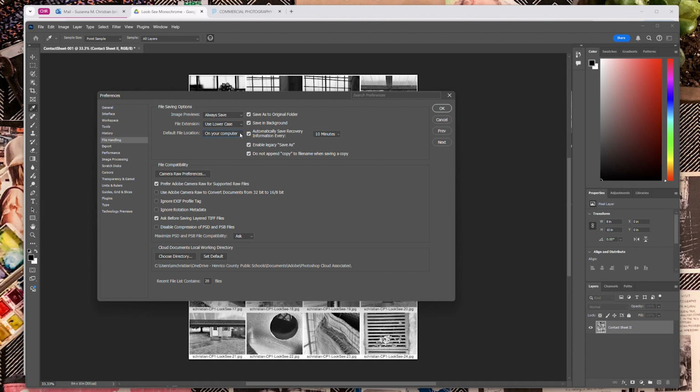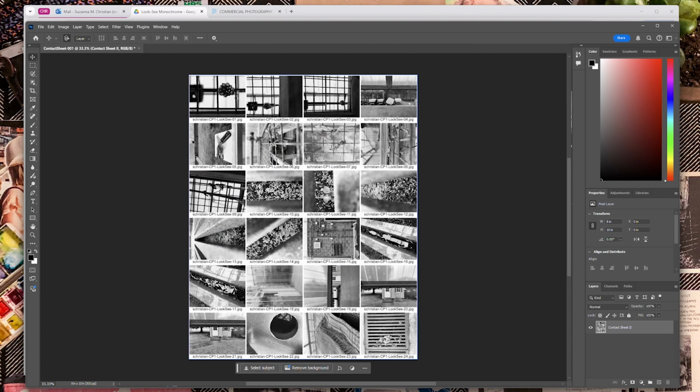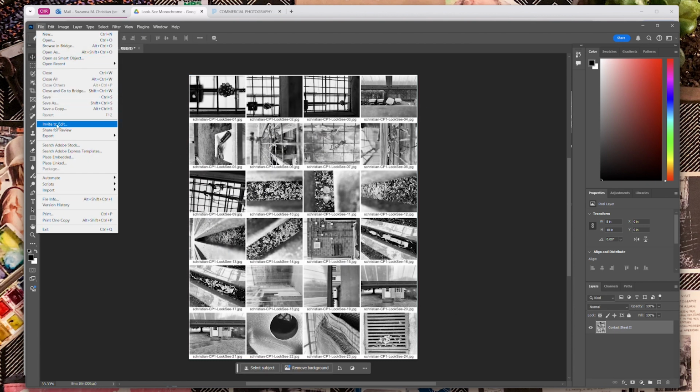By default, I like to save files on my computer. If you are into saving them to your Creative Cloud so you can access them from multiple places, you may make that preference yourself. I'm going to leave mine on my computer. And then I'm going to click OK. So now with that preference set, we're ready to save this. We're going to go to File, Save As,